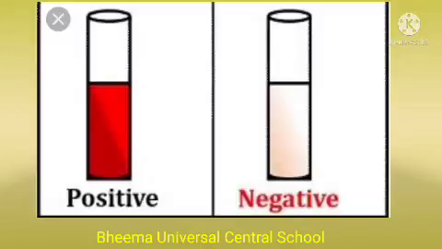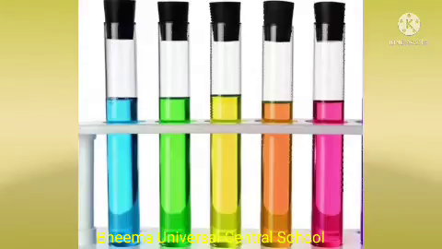Carbohydrates are found in our food mainly in the form of sugar and starch. Let's test the presence of both sugar and starch. First one is test for sugar. Sugar is a simple carbohydrate. It is present in fruits and other sweet items. Its presence can be tested with the help of Benedict's solution.